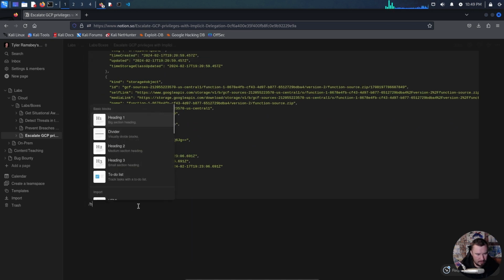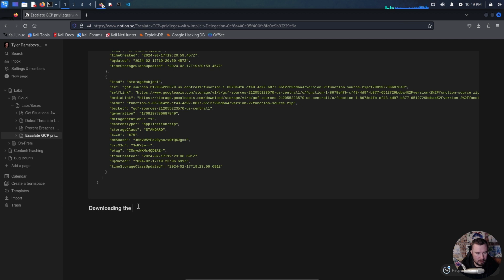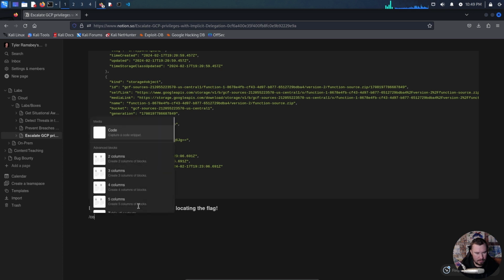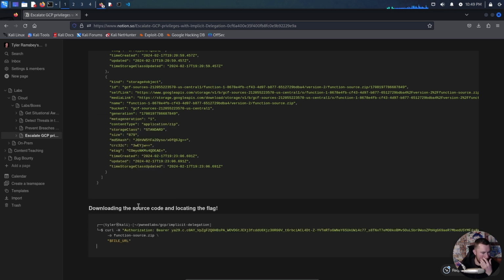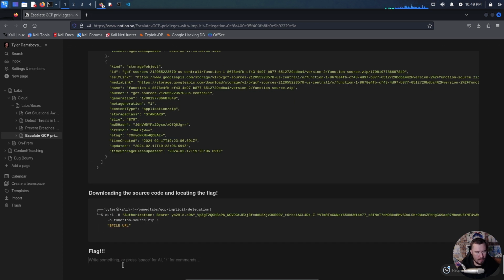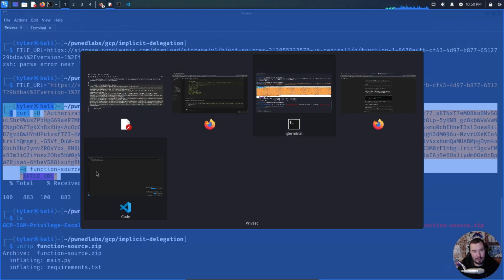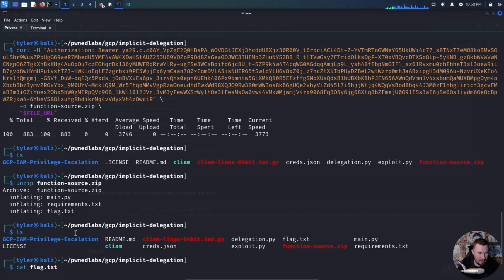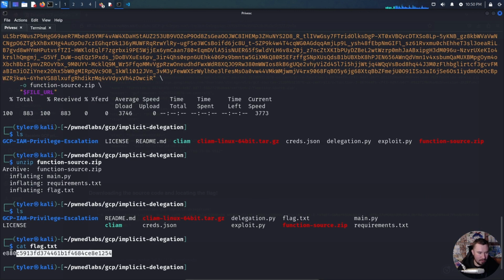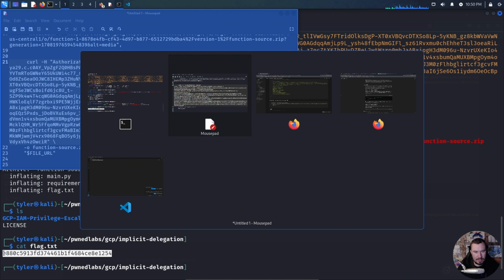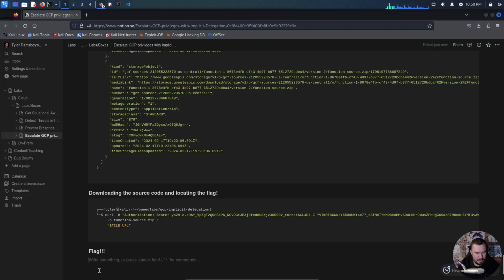Downloading the source code, locating the flag. That was a really cool lab. I liked it. It was quite complex, at least for me, for someone who's new to GCP, but